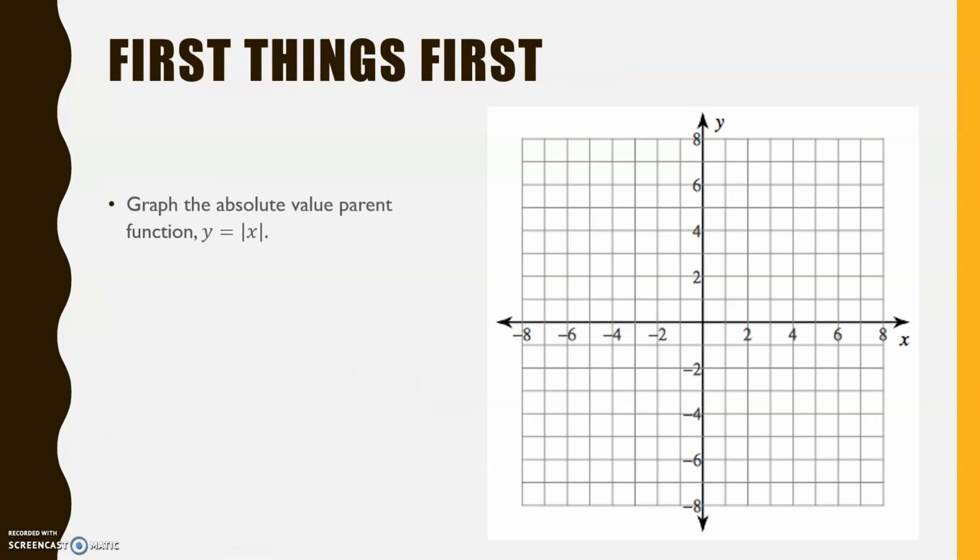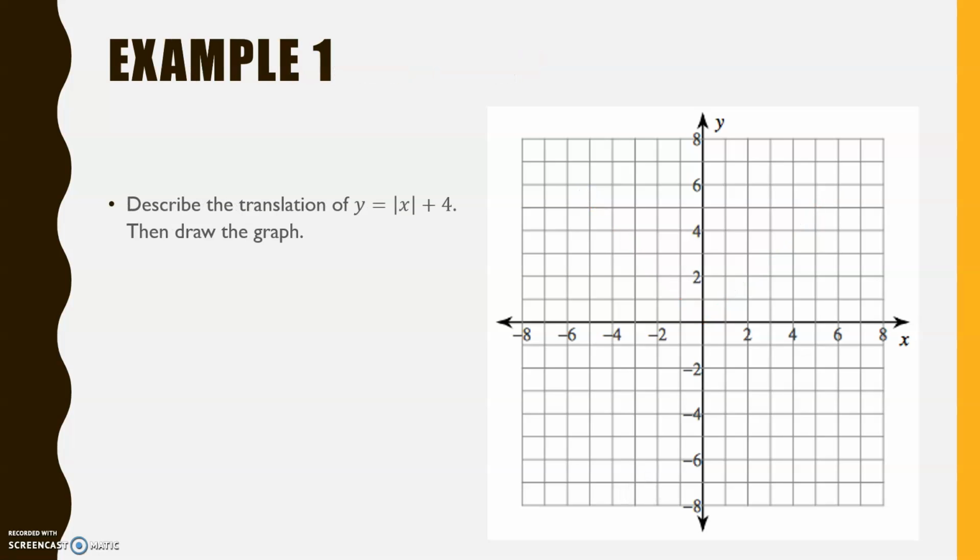All right, so first of all, let's think about the absolute value parent function. The absolute value parent function is going to have a vertex at 0, 0. And then it's just going to look like this. If you want to pause this and double check why this works, you can. But this is a parent function. It's the simplest form of the equation. There's nothing added, subtracted, multiplied, or divided outside of it. So keeping that in mind, if I draw my parent function or sketch it on here,